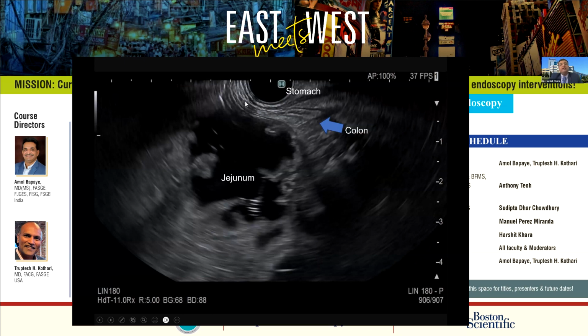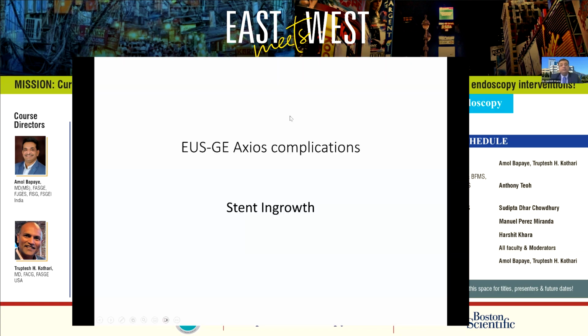And then in hindsight, if you see this sliver of an organ, this is the colon interposition in the middle. So it's very easy to miss that, where the distance between this was less than 5 millimeters, but there was a decompressed colon because the patient had been malnourished with a gastric outlet obstruction. But eventually, because of the EUS-GJ, when patients started eating, this colon expanded and the stent fell out of the jejunum and landed up in the colon.